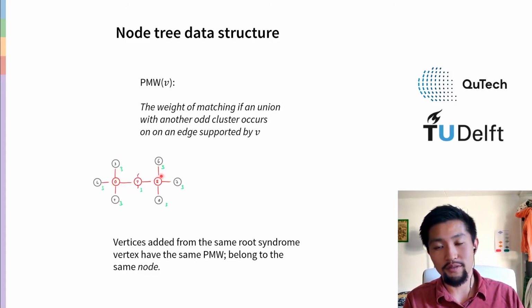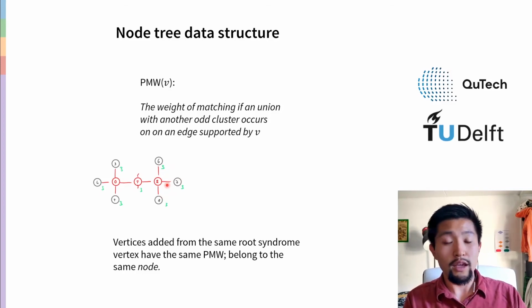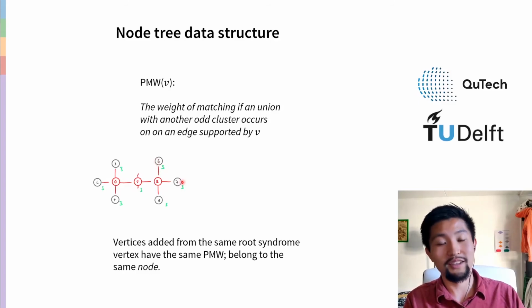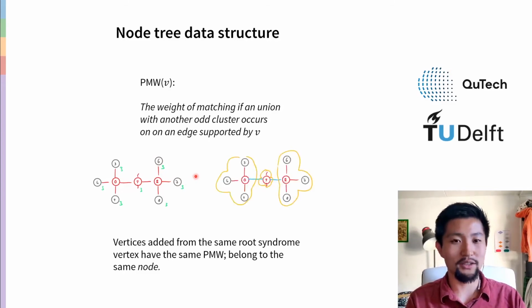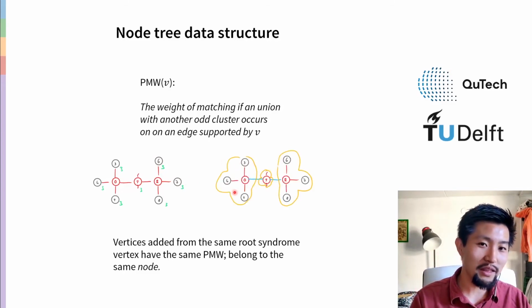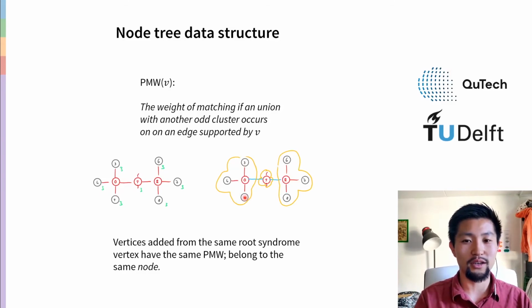So if a union with another odd cluster occurs on vertices 6, 7, 8, the eventual matching will still be with 2. I got a little bit ahead of myself. These vertices have the same potential matching weights. So we can combine them into a